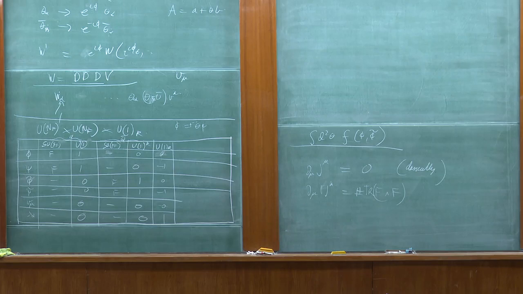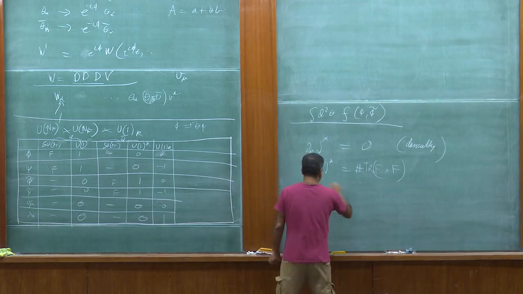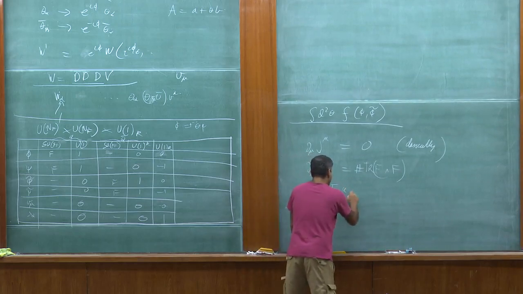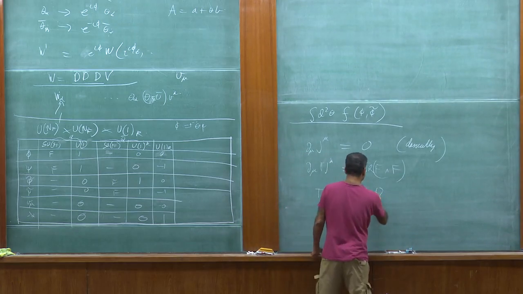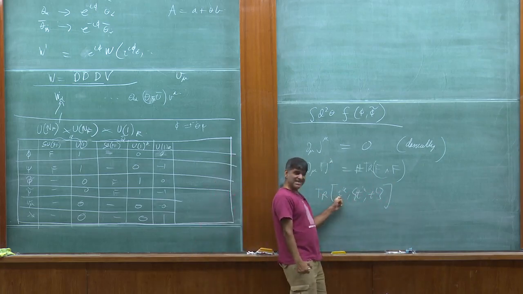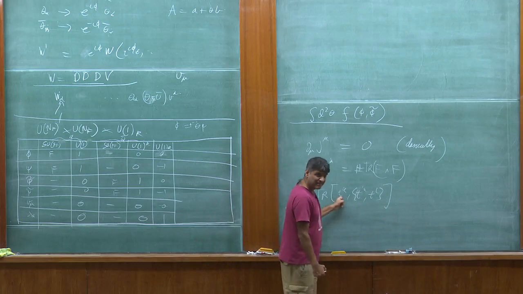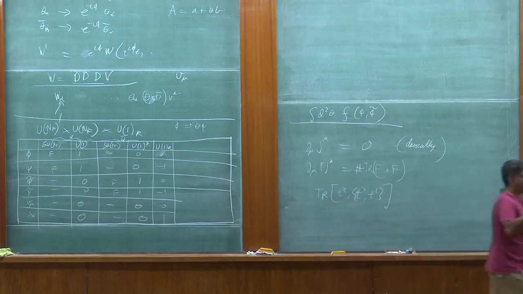The classical relation ∂_μ J^μ = 0 can be modified to the quantum relation ∂_μ J^μ equal to some number times trace F∧F. And that number is determined by effectively the following things: trace of T^A, T^B, T^C, where this is the representation matrix for